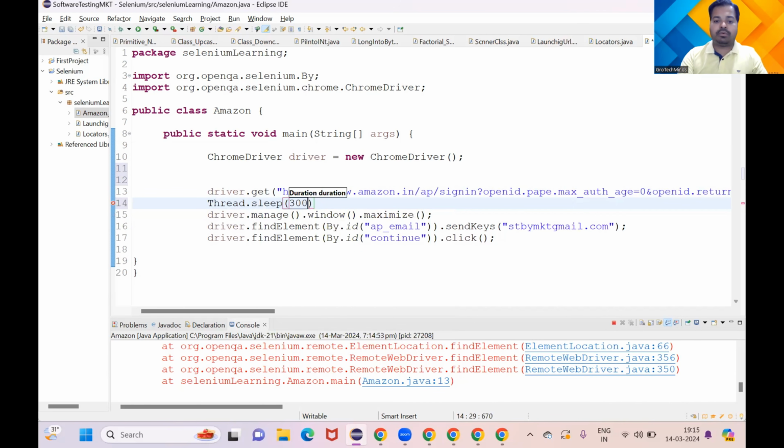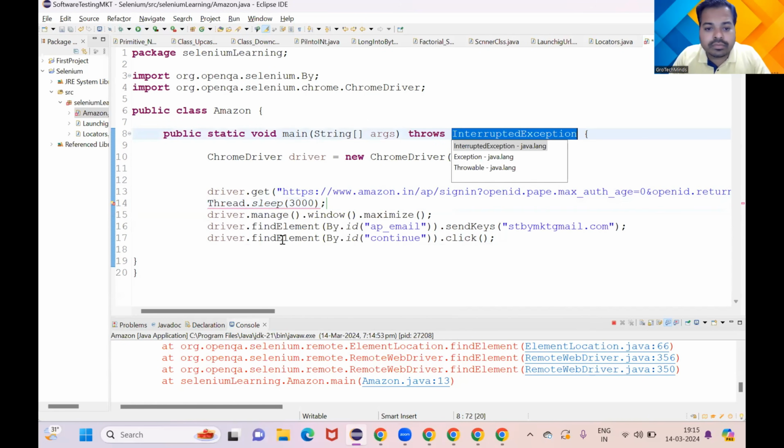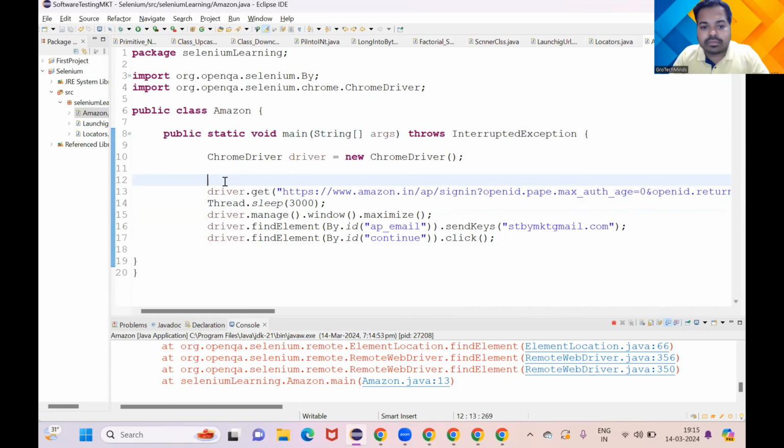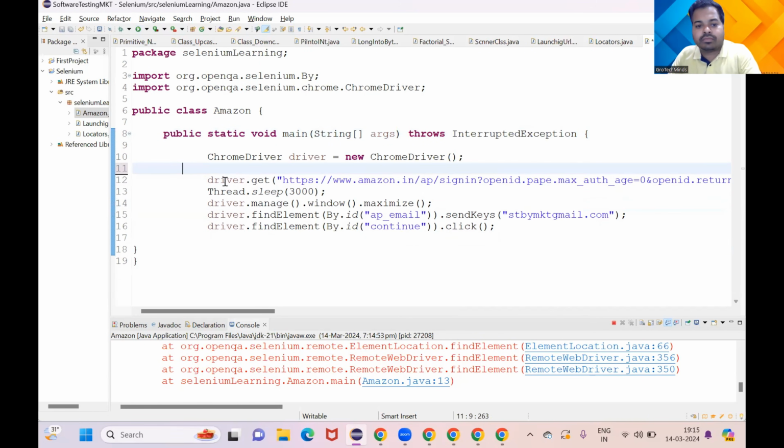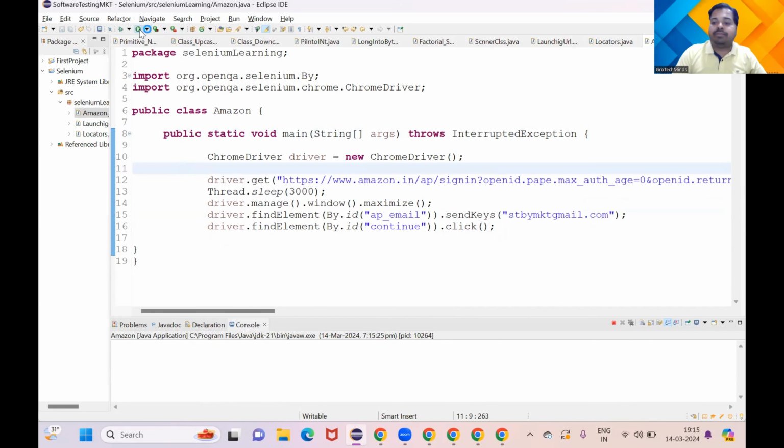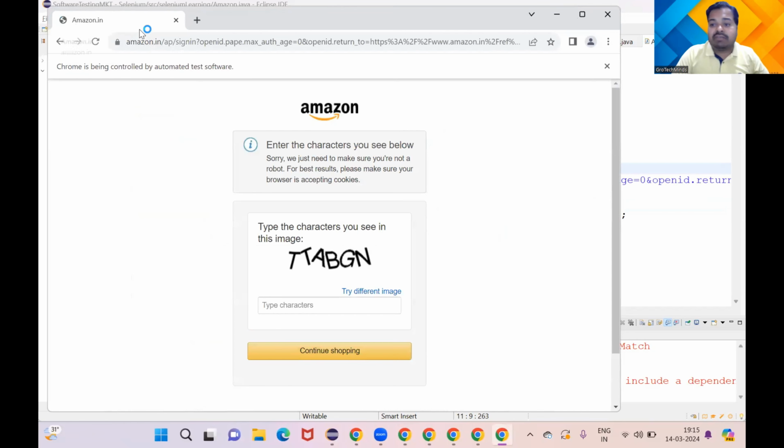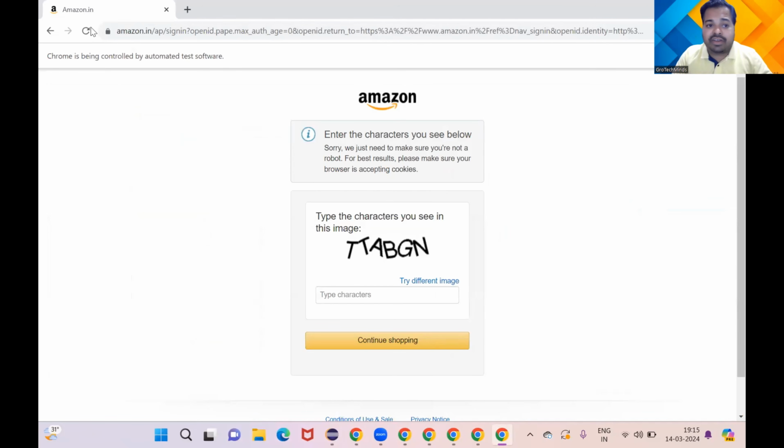thread.sleep. What is thread.sleep? What will it do, tell me. It will hold the program for 3 seconds. It will make my program sleep for 3 seconds. That means after opening that website, it will give me 3 seconds of time to do something. In this 3 seconds of time, if I really have time, I can enter the captcha and hopefully the issue